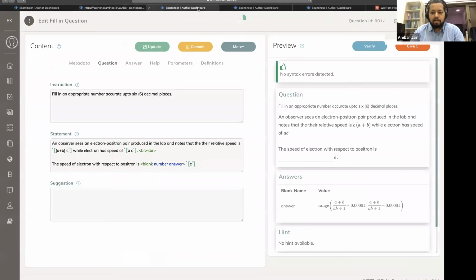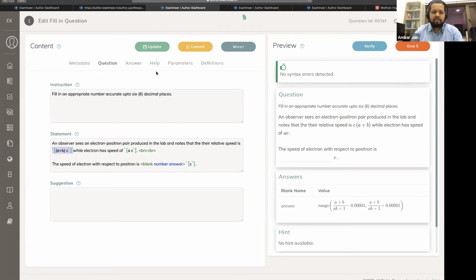So I think this is a question. So you see this is a fill in the blank question. I can give some instruction, and this is where my question is, and this is where computable math goes. This is Mingo. Computable math goes in this mode. So it's much like LaTeX. You can write narrative text, and then you can write some computable maths in Mingo, and then this is compiled in a Wolfram language compiler in the backend. And after that, the content is generated.